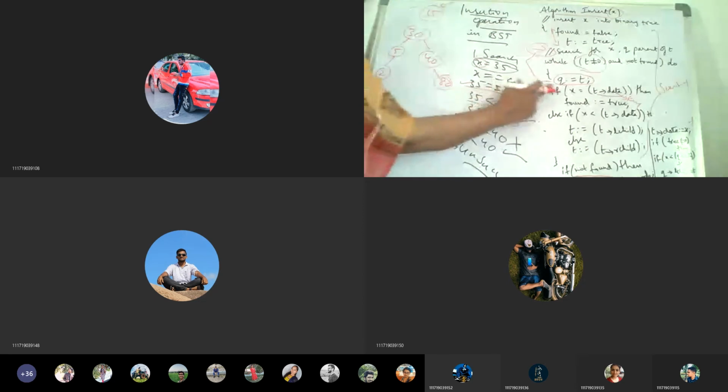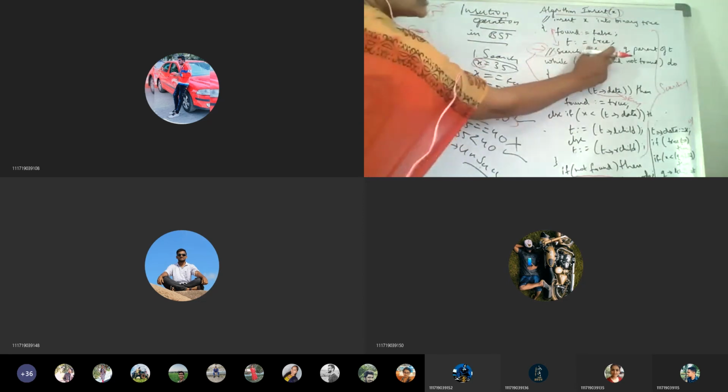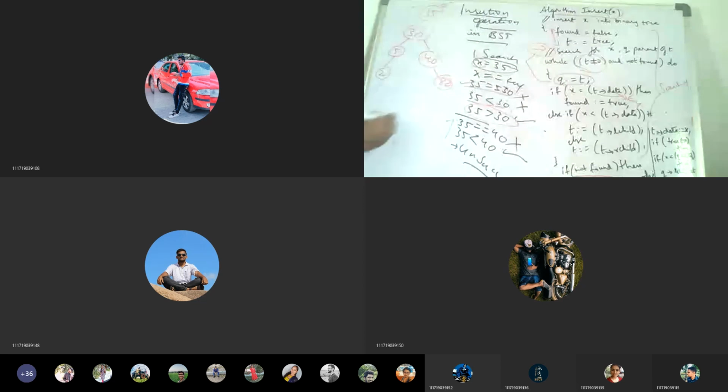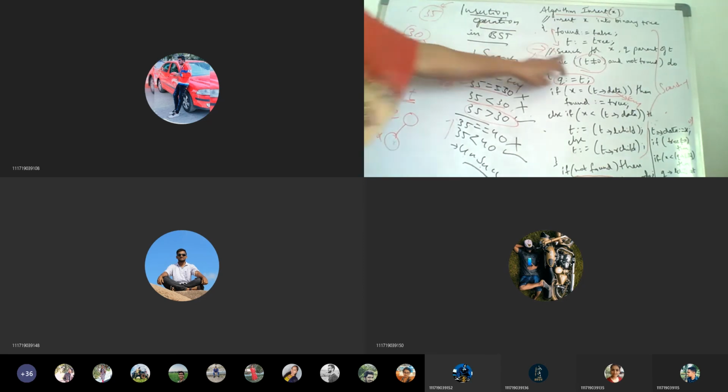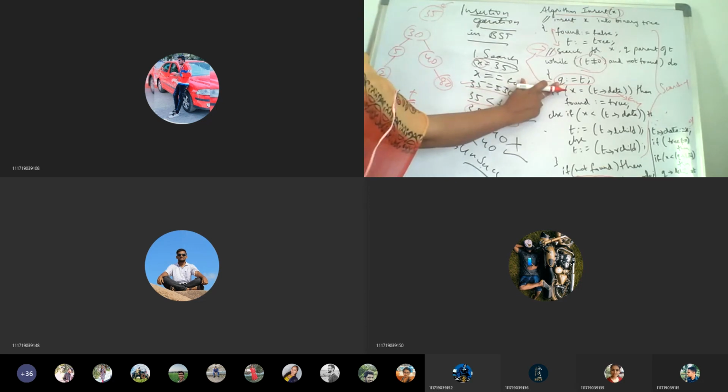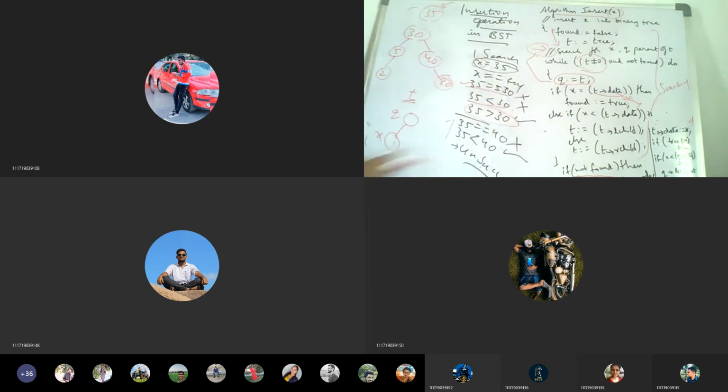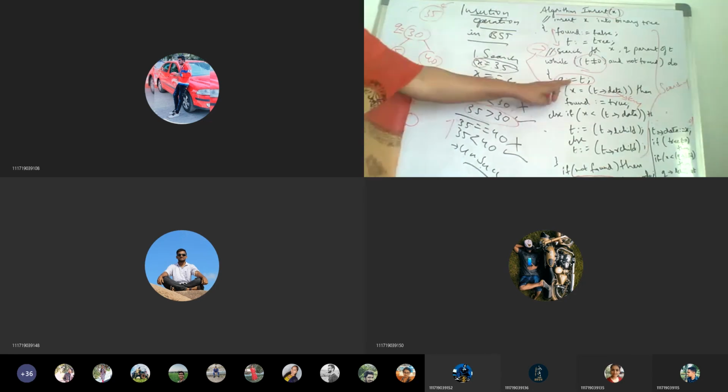So here, just see this. We took search for X. Q is the parent of T. So whatever is the parent, we are taking it as Q. In a tree structure, whatever is the parent, we are taking it as Q. And whatever we want to insert, we are taking it as X. So that is the statement we have given here. And initially, what are we assigning? T is assigned to Q. So whatever tree structure we have, we are assigning to Q. So that means now Q will be the root node. So that is the assignment.